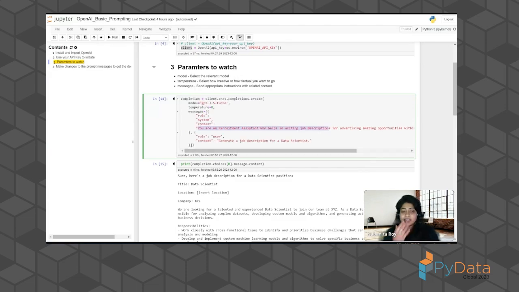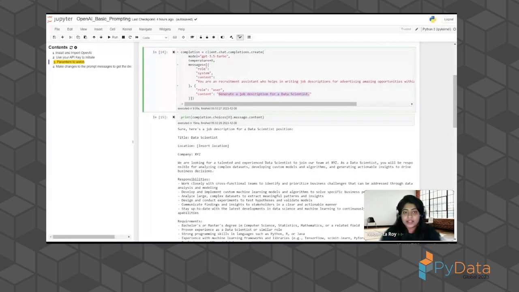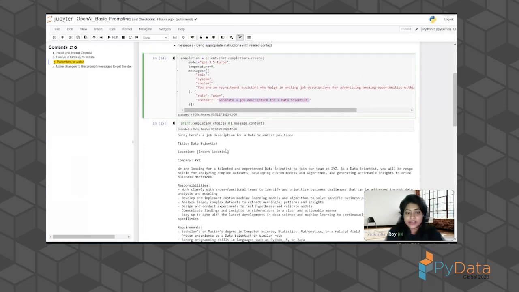That's where I'm saying, who is this agent? That's the role for system. And then role user is us, who is asking the questions, who's trying to get something out of these LLMs in the backend. And that content is basically the prompt or the question that I'm asking. When we get the response, that is basically the AI, the agent's message that gives you the output, the response that I had received.